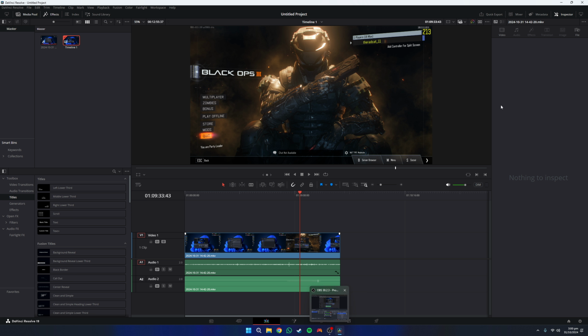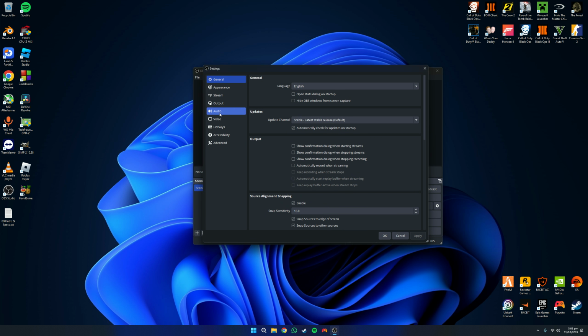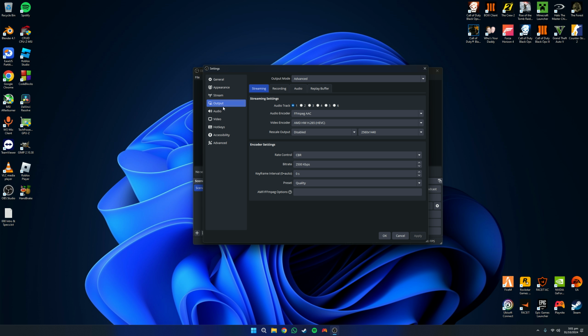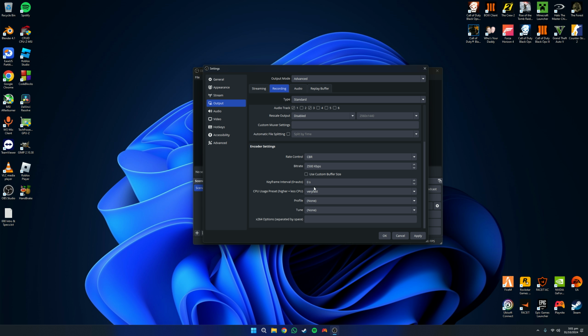Now let's get into the CPU thing that I was talking about, which I'm going to show you right now, and I'll use the AMD software to record because I am not able to show it properly if I record with OBS. As you can see here, I am in OBS right now, so I can properly show you. Now if you have no codec that's worth using, I would recommend using x264